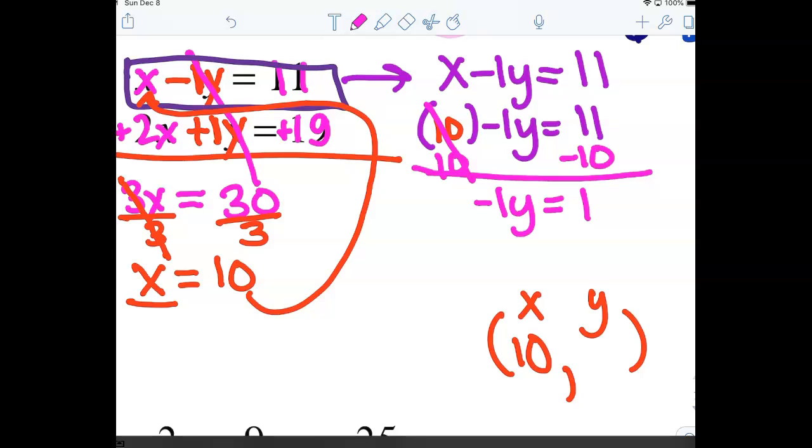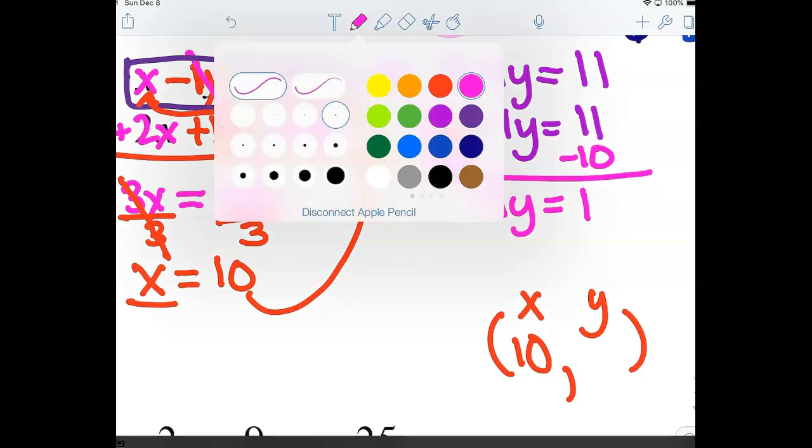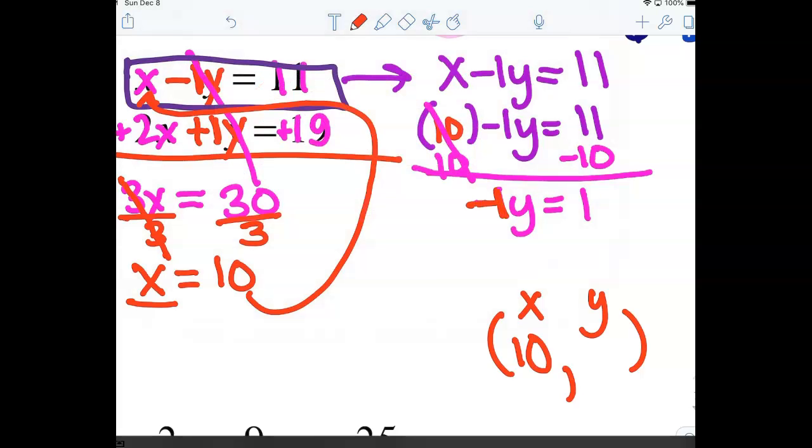Okay, so la y no está sola. La y con una negativo. Cuando con una negativo necesite dividir o cambiar todos los signos. So, negativo igual positivo y positivo igual negativo. I had a negative 1y. I need to divide by negative 1 on both sides, or I just change all of the signs. So I get a positive y instead of a negative y, and I get a negative 1 instead of a positive 1. This is my last part of my answer,